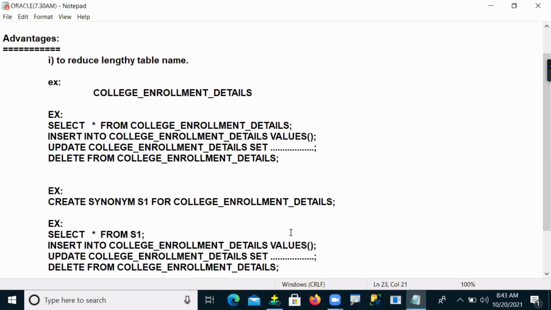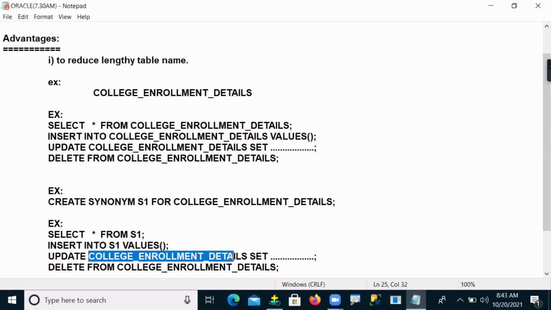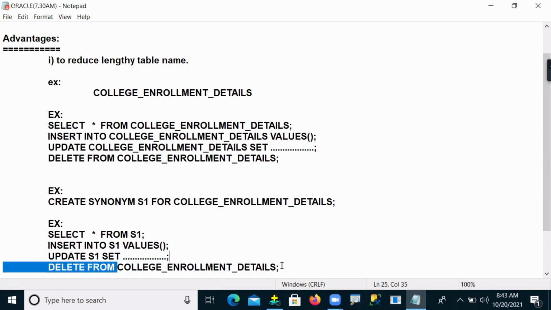In the same way, wherever you use college enrollment details, here also I'm simply taking S1, and here also I'm taking S1.